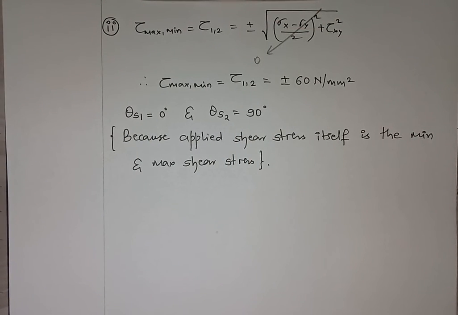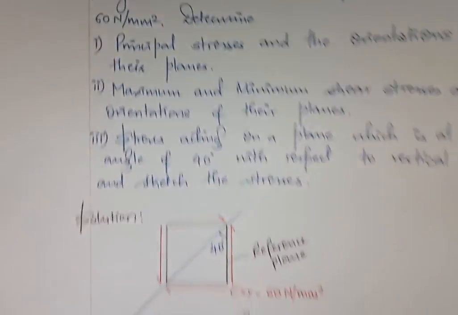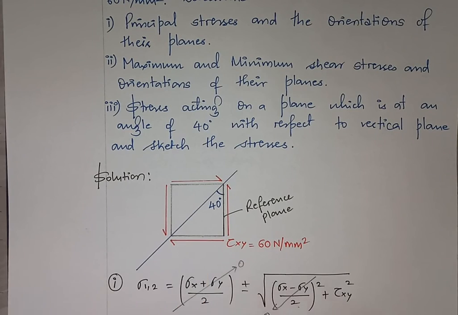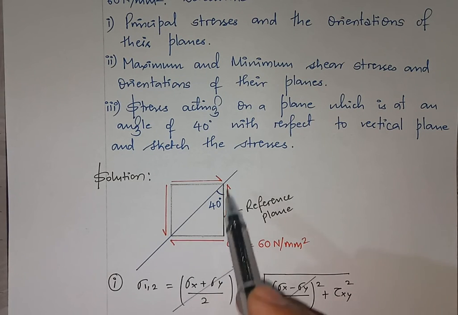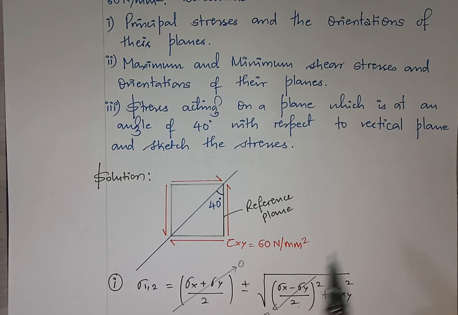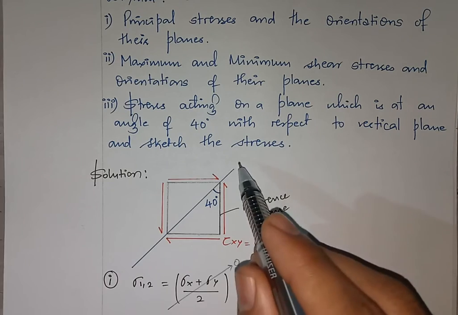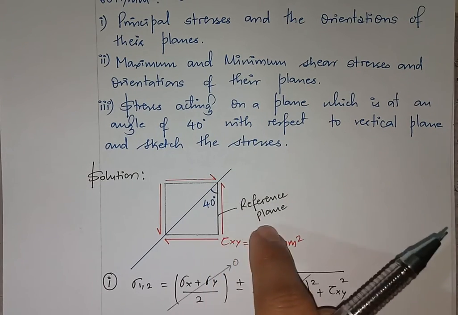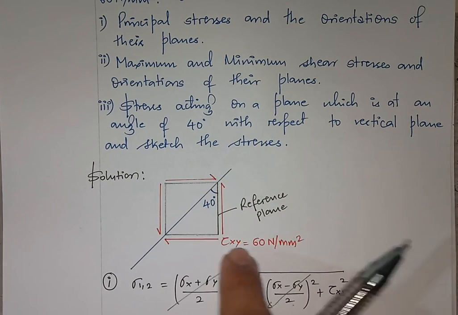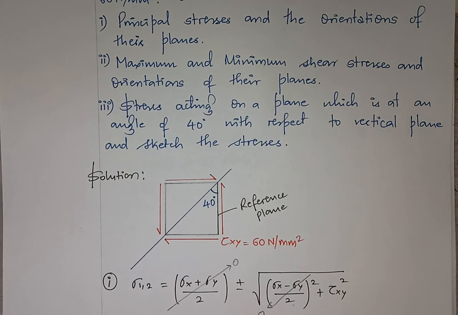Right? I hope things are clear. I will make it more clear if I show you this particular diagram. Right? Now you just concentrate. So this is 0 degree tau xy, yes, and this tau xy is 90 degree. So if I take x-axis as reference, so it is 0 and this is 90 degree. If I take this as reference plane, so along this it is 0 and along this it is 90 degree. Right?